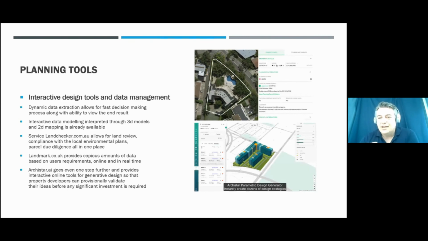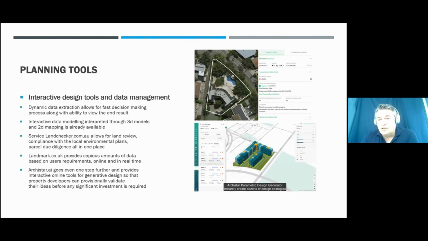online in real time. Meaning that you log in and you want to check a certain lot which may actually contain several other lots, and you can check how tall you can build there, what kind of local environmental plan is in place for that spot, what do you need to check, how much does it cost to buy any of these houses or something like that. So there is a lot of information that you can gather from them interactively and, most importantly, in real time online, without doing any of the work that we mentioned in previous discussions on the previous slides.